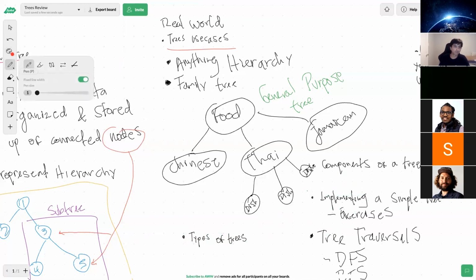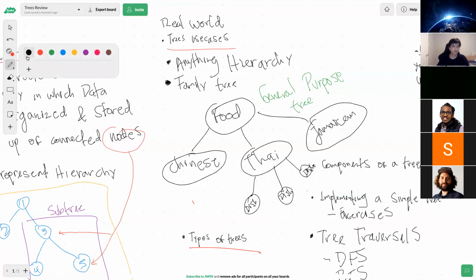Would you remind me? Binary search tree and a ternary, or not ternary, n-ary. Or binary tree and n-ary tree. Binary tree, and n-ary tree. What else?